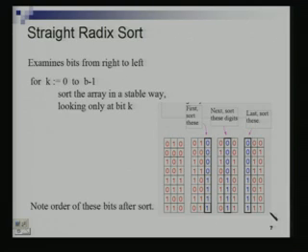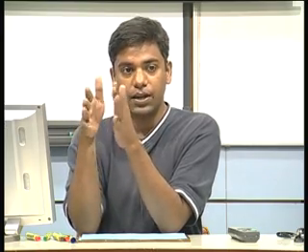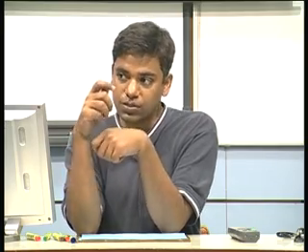So, why is this magic happening? You understand the algorithm. Take the rightmost bit, sort the numbers based on that, which means that just restrict your attention to the rightmost bit. Anything that is a 0 comes before everything that is a 1. Now, you have done some rearranging of the numbers. Now, look at the second rightmost bit and do the sorting with respect to that bit. Everything which is a 0 comes before everything which is a 1, and so on.